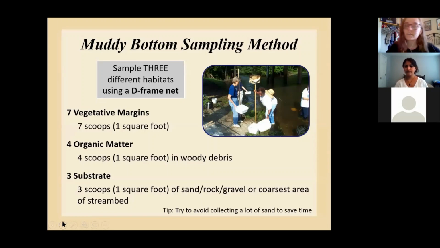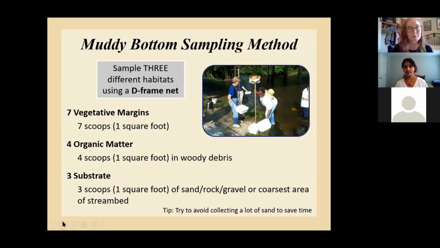So this is another thing that Jackie mentioned earlier. Just because you get a value that may be lower or different than what you would get in North Georgia, that doesn't mean that it's bad or your muddy bottom stream is unhealthy. We're just looking at different habitats. And anytime there's a different habitat, there's going to be different organisms that thrive there.